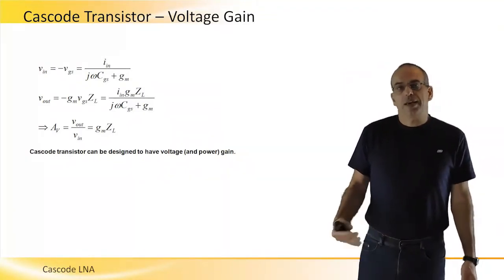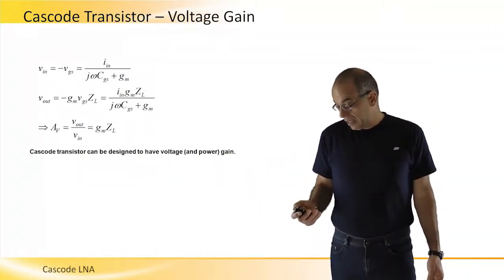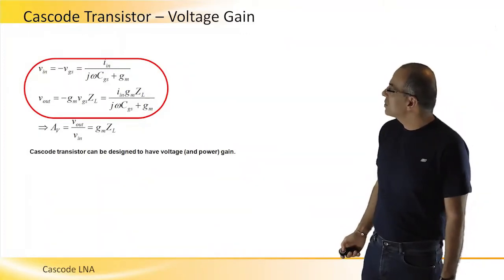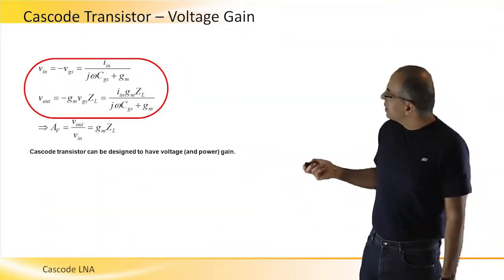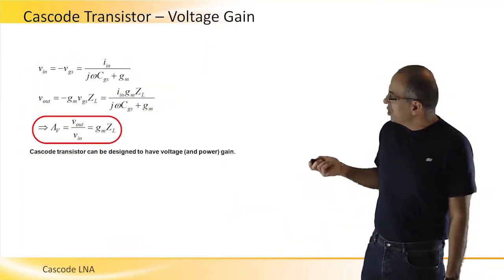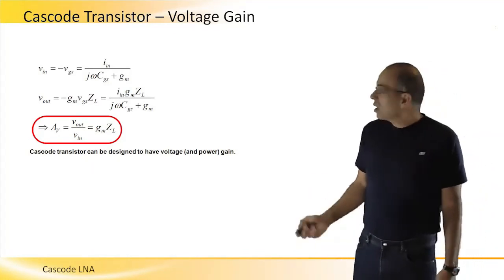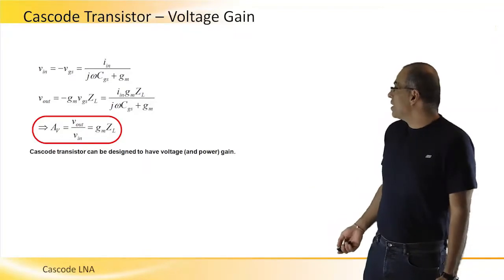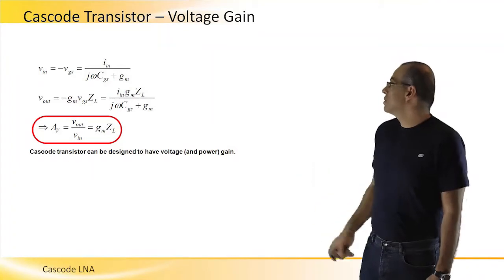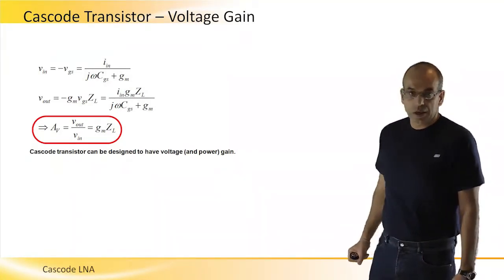However, we can design it to amplify voltage, and again, by using Kirchhoff equations, we can calculate that AV, the voltage gain, equals GM ZL, where ZL is the output impedance, and by selecting ZL to be a high number, we can have a good or the desired voltage gain for this